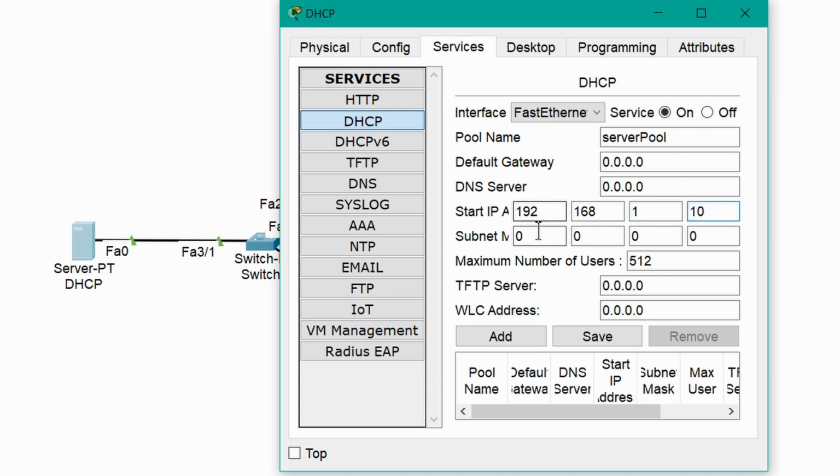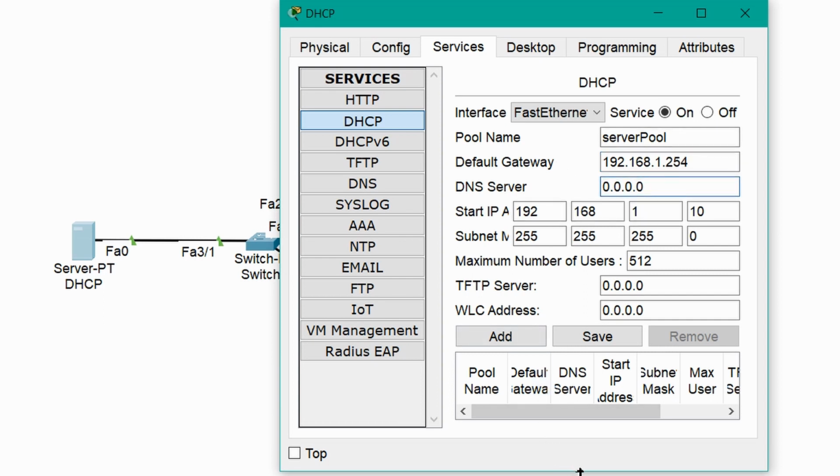The start address will be 192.168.1.10, and the subnet mask will be 255.255.255.0. Your default gateway can be 192.168.1.254. This can be your default gateway, as well as your DNS server.